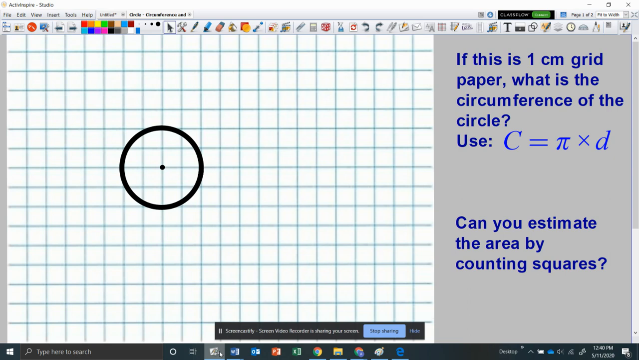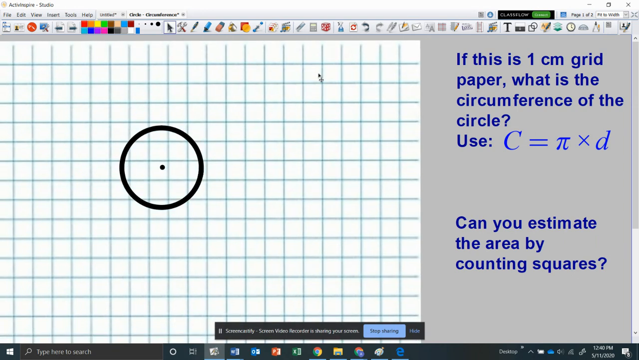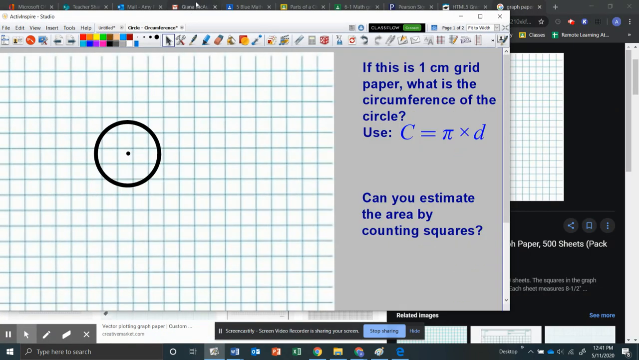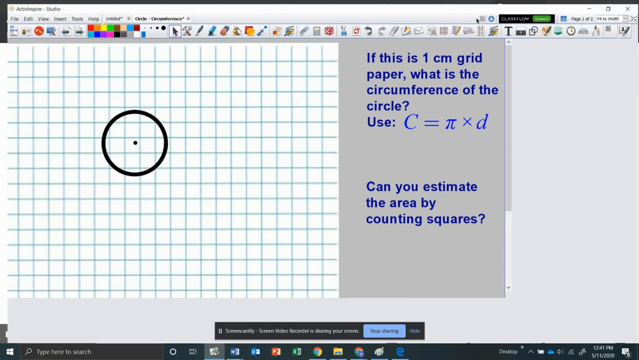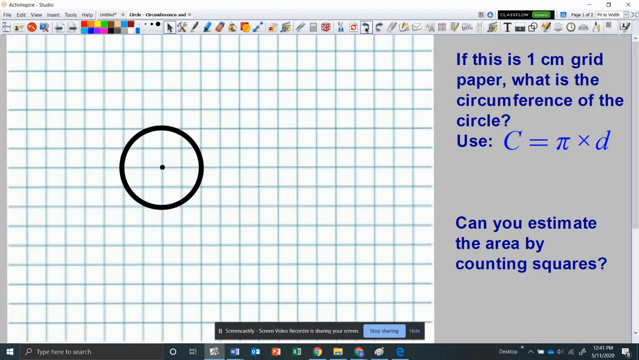Okay, so you have learned to find the circumference of a circle. Whoops, that's not what I wanted to do. Let's try this again. I want to go back. Okay, you have learned how to find the circumference of a circle